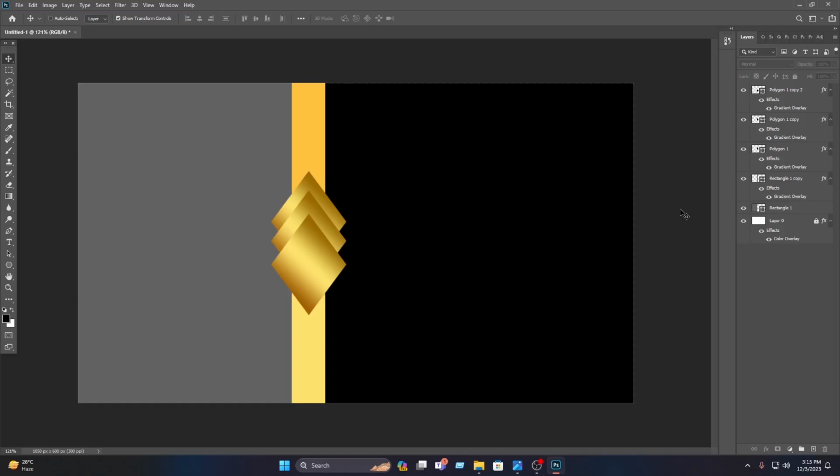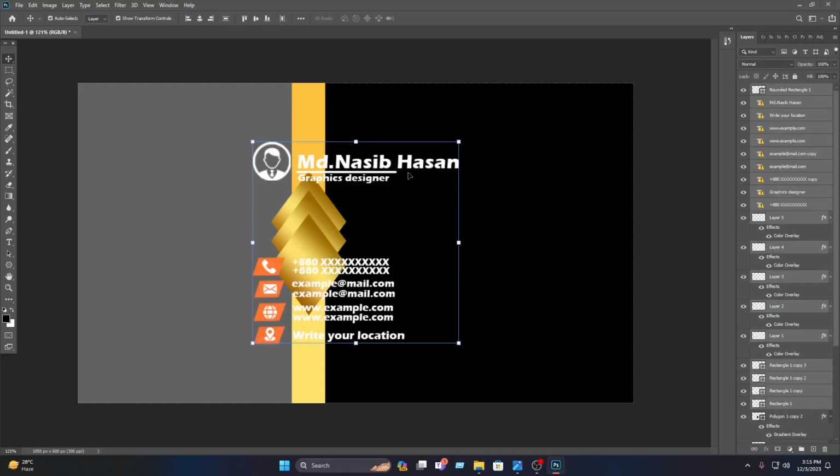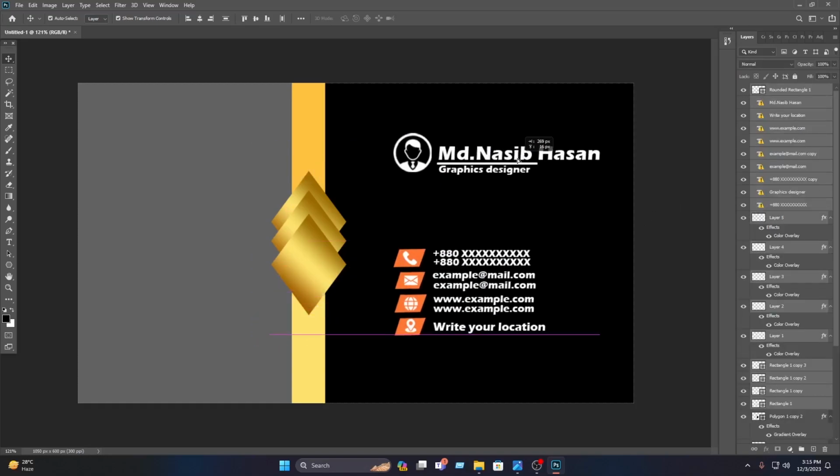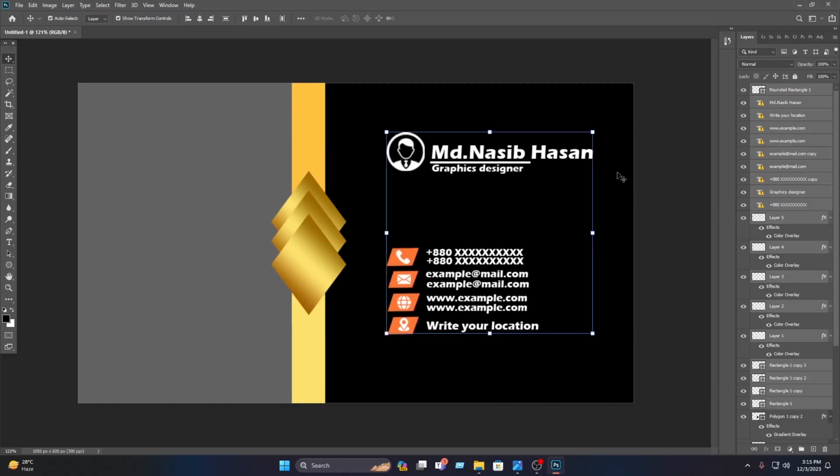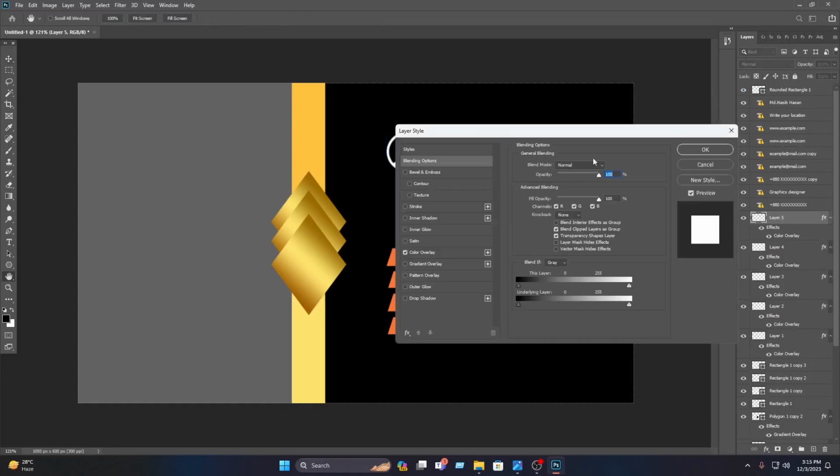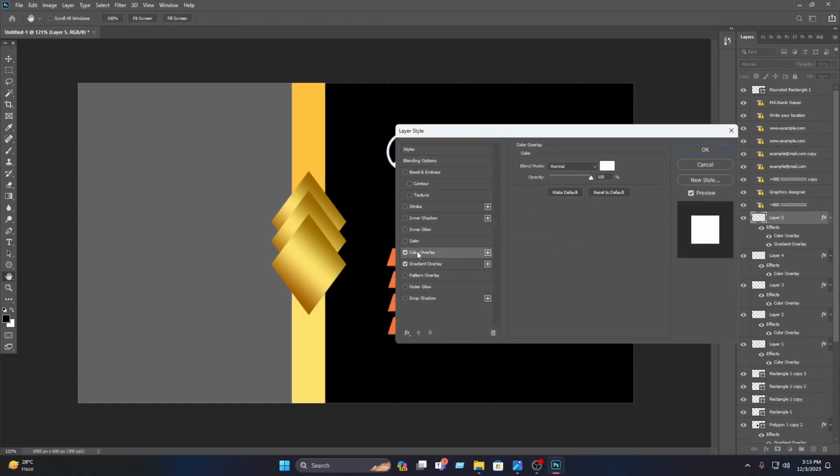I already have the text, so I am pasting the text in here. After pasting the text, you have to drag this in here, then you have to select this, then right click on this, then click on the blending option, then click on the gradient overlay, then click on the color overlay,